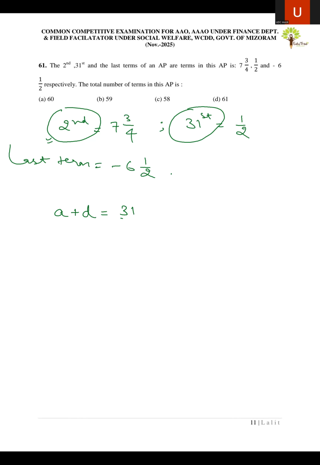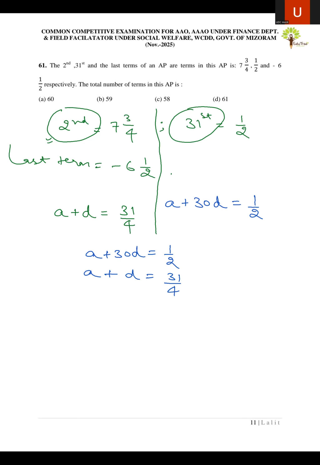All right. And then another one we can write, 31st term, just reduce 1 from it, and then you can write it a plus, reducing 1 is 30, a plus 30d is equal to 1 by 2. All right. So what we can do, we can solve these two equations and then just equate them. So a plus 30d equals 1 by 2, and a plus d equals 31 by 4. So we can simply solve it. This will be cancelled out. 29d equals